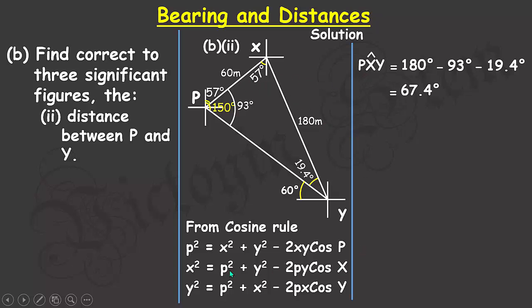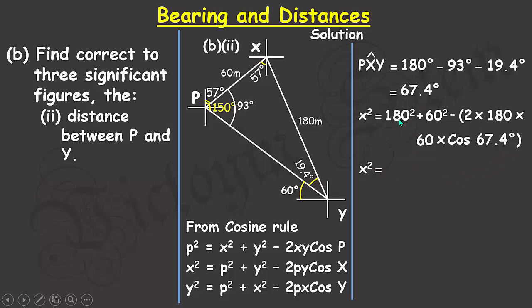Now that I have X, I can use the second equation. So I have x squared equals p squared, which is 180 meters squared, plus y squared, which is 60 meters squared, minus 2 times 180 meters multiplied by 60 meters multiplied by cos 67.4 degrees. x squared will now be equal to 180 squared plus 60 squared, which boils down to 36,000, minus, if you resolve the content of this bracket, to be equal to